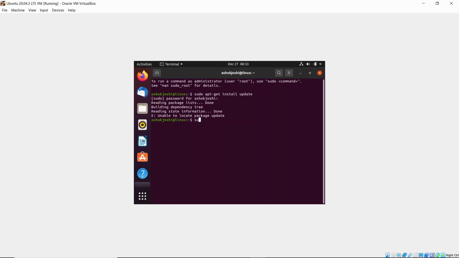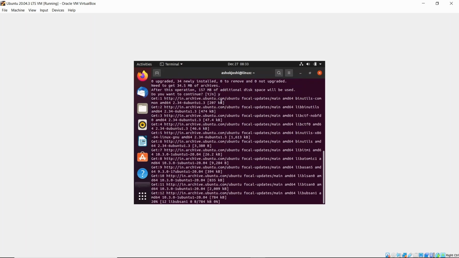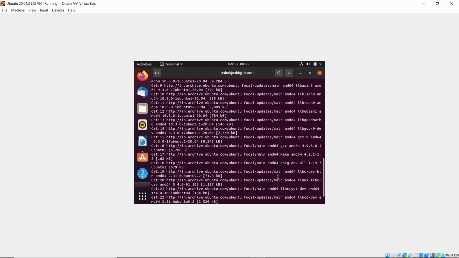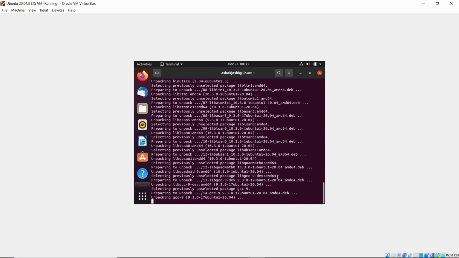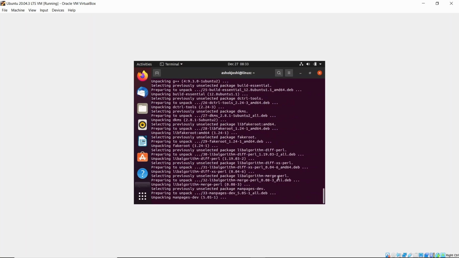So now what I will do here is sudo apt-get install build-essential gcc make perl tkms. We'll install some packages and just press Y here. Where did I press Y? Yeah, here. Just press Y and click enter. Okay, so wait until this gets installed, and I will be back once this is done.